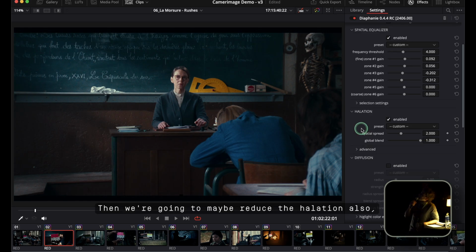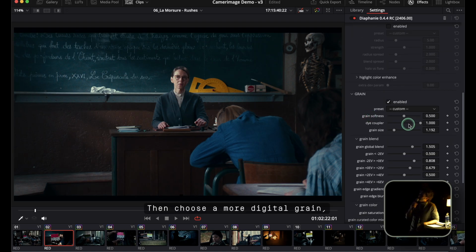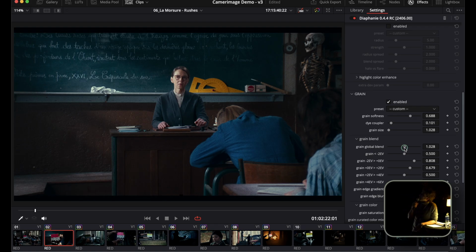And then we're going to maybe reduce the halation also, so that it's less vintage, less filmic. And then choose a more digital grain, much smaller, much more discrete. So with just a few clicks,